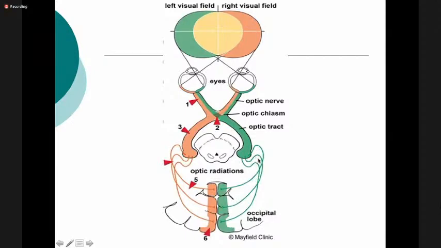And now the optic radiations are the ones that move towards the occipital lobe to the Brodmann area 17, which is the primary visual cortex. So we're going to look at now the most important thing, and we'll watch a very short video, is